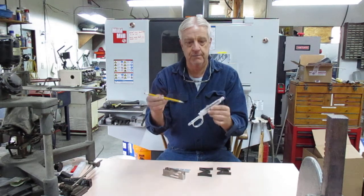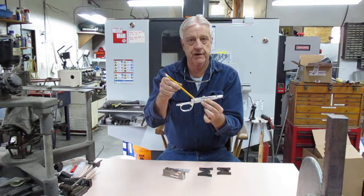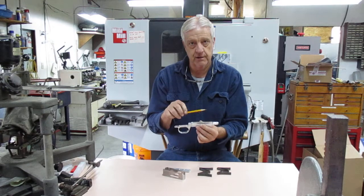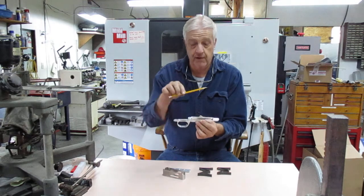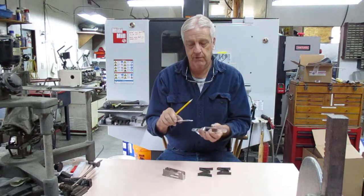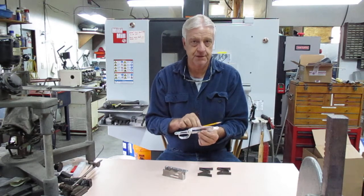So I'll set it up in the milling machine and actually cut an angle about 25-30 degrees. What that allows is, when you load your cartridges in your magazine, the back of the cartridge comes down, hits that angle, and allows the cartridge to drive, and the follower to drive all the way to the bottom into your floor plate. Once it's allowed to drive all the way to the bottom, then generally you're going to get